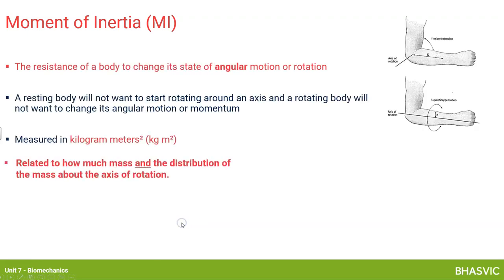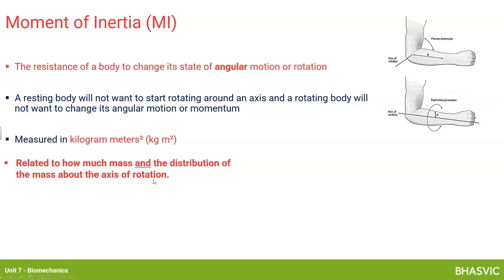So some key terms and definitions for those things. Moment of inertia is the resistance of a body to change its state of angular motion. Remember linear motion, inertia: objects don't want to change motion, they want to be still, or they want to keep moving, they don't want to change. This is exactly the same principle, but in terms of angular motion. Objects don't want to change their angular motion, they want to just stay as they are. Importantly though, this is related to two things. The mass of the object, which is the same as linear, but more importantly, the distribution of that mass about